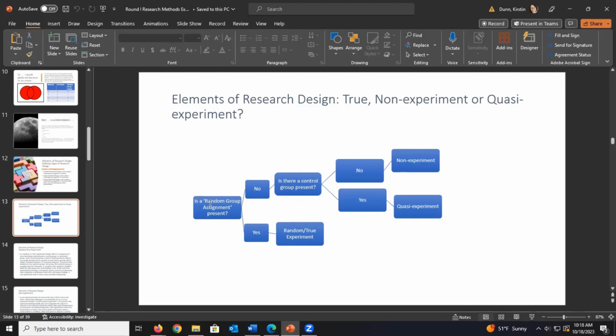So you ask, is there a random group assignment? You've said no. You ask if there's a control group present. Now, if there is, and you say yes, you have a quasi-experiment. A quasi-experiment does not qualify as a true experiment or a random experiment because it does not have a random group present. However, it does usually follow that same pattern of having a control group, a treatment group, a pre-test,